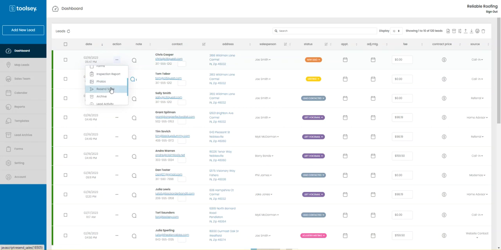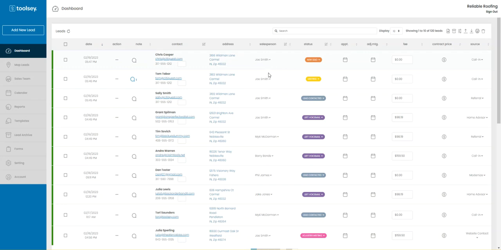You can also resend this lead to the salesperson. You also can archive the lead. You can look at the activity for the particular lead. You can share the lead, or you can delete the lead. So a lot of activity right here in these 3 dots in this menu that comes down. And then the last thing I'll point out is you can switch salesperson. If you switch salesperson, it will send out new information to the salesperson that's been assigned,